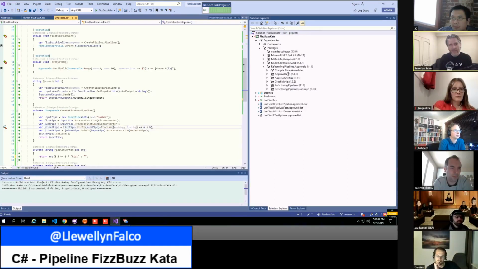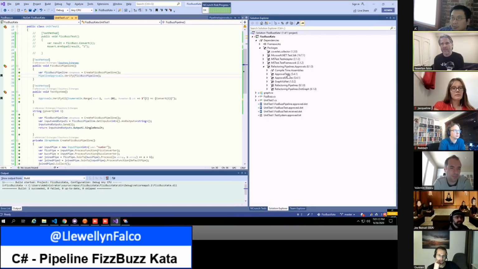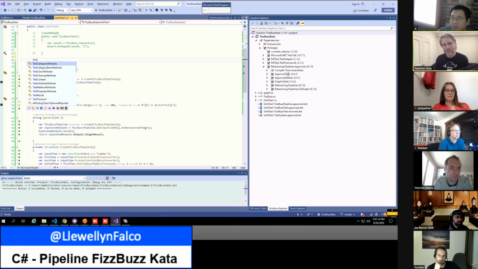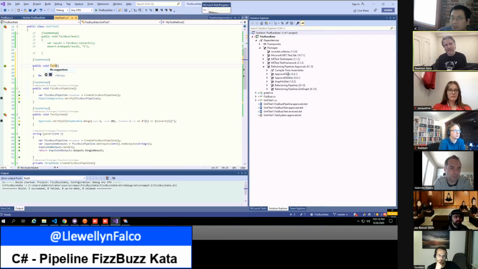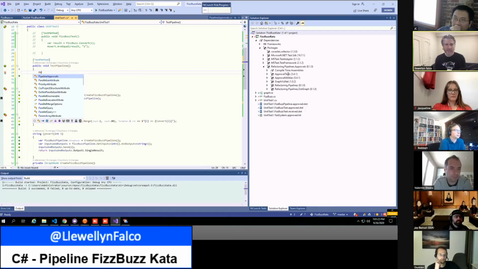Can we just rewrite what the template would actually be, Jay? Can you make a new test method and just call it test pipeline? And then the call would be pipelines approval dot verify create pipeline.